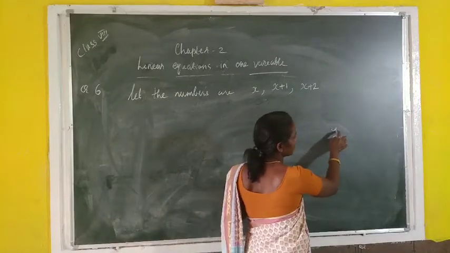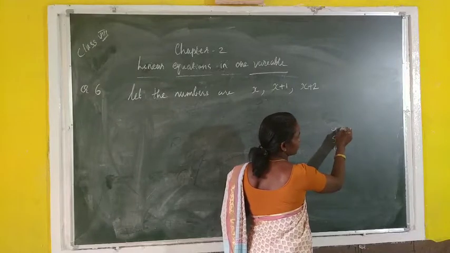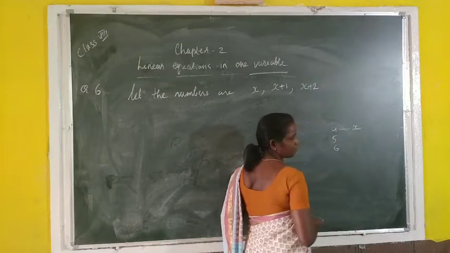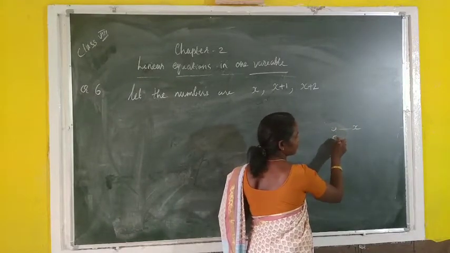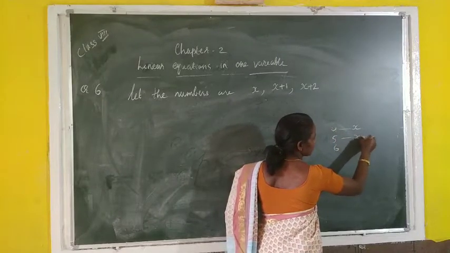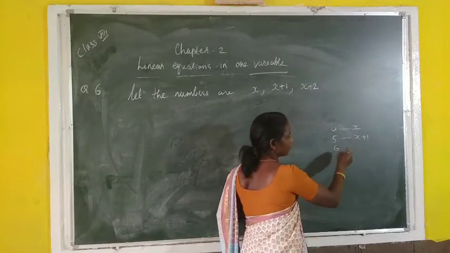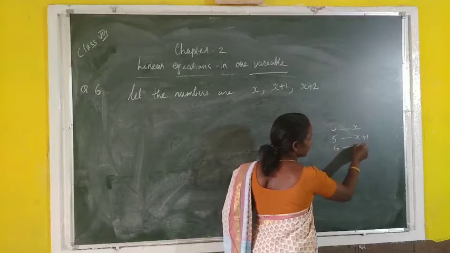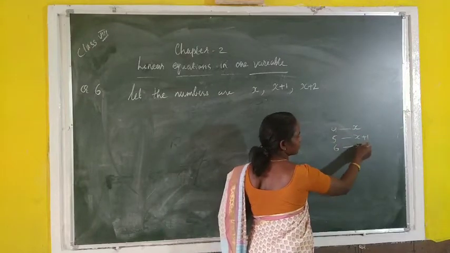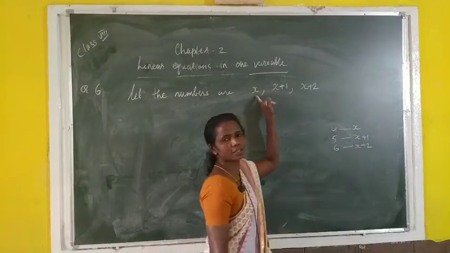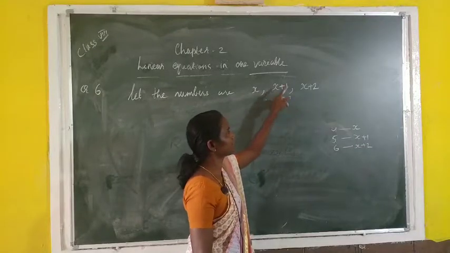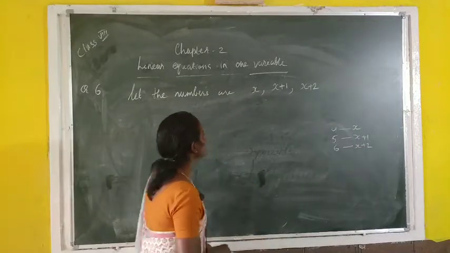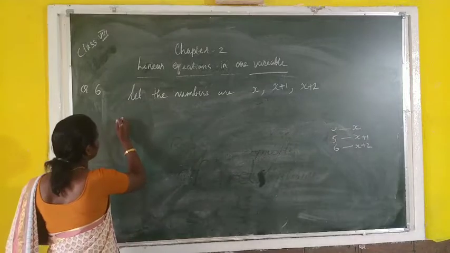Here look, what is the difference? First number we can take x, 4. Means x plus 1, 5. Then x plus which number? Third number x plus 2. Likewise here we take x plus 1, x plus 2. Then according to the question,